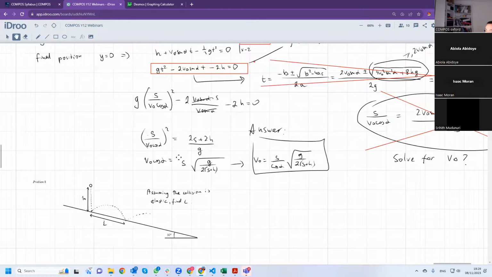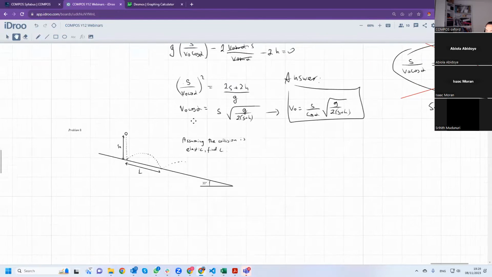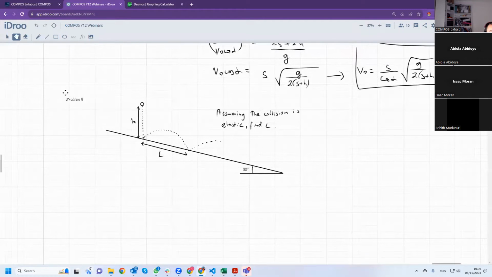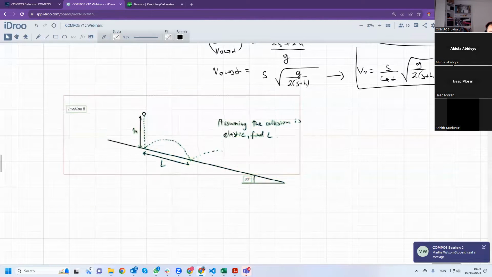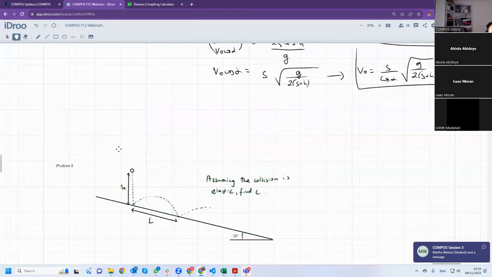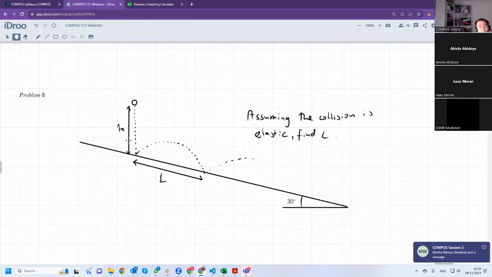I'm not sure what you're asking. Right, problem 8. What would you do in here? You have a ball falling from 1 meter and it bounces elastically from the surface and then falls back onto the surface. And what you need is you need to find